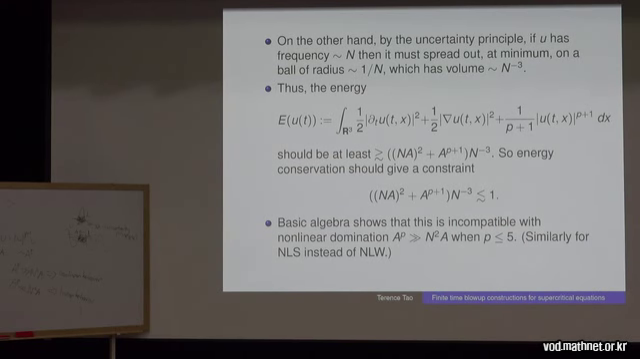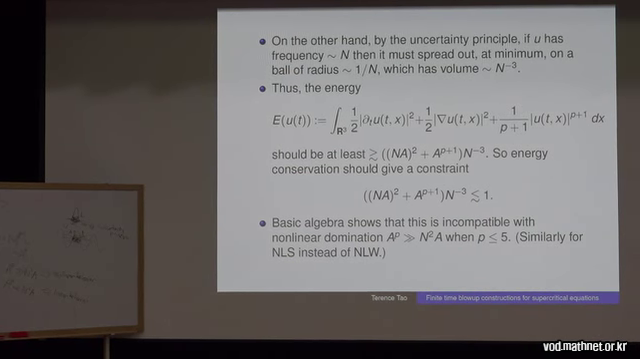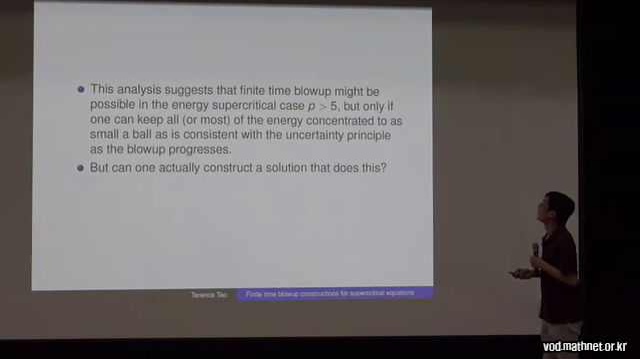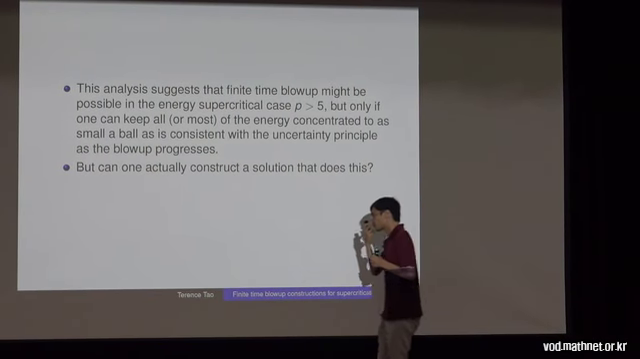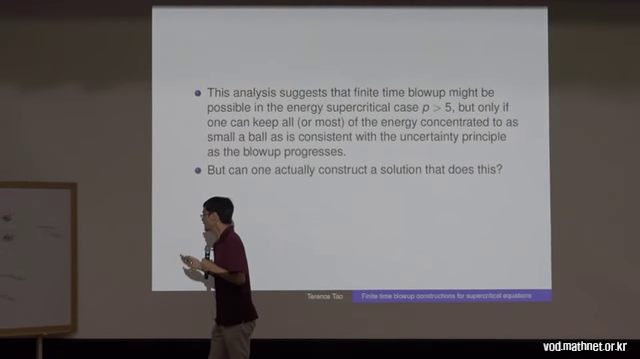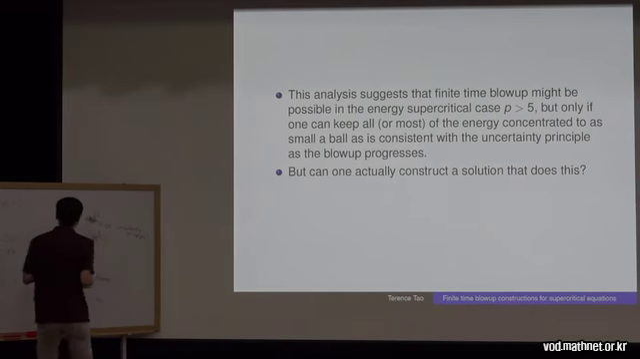Okay, so that doesn't prove anything, but it does indicate why p equals 5 is important. Something similar holds for Schrodinger. One thing this computation suggests is that